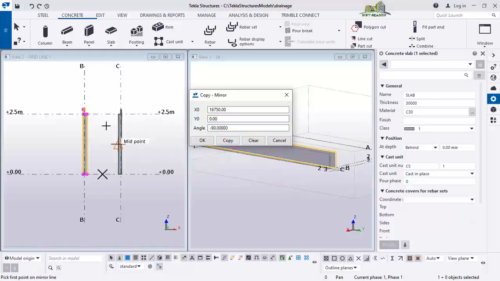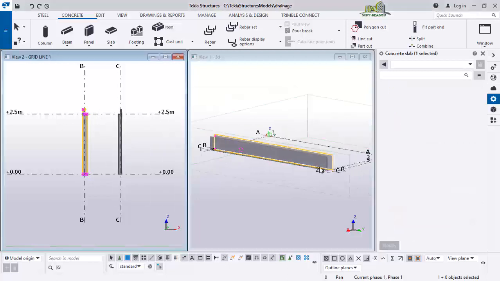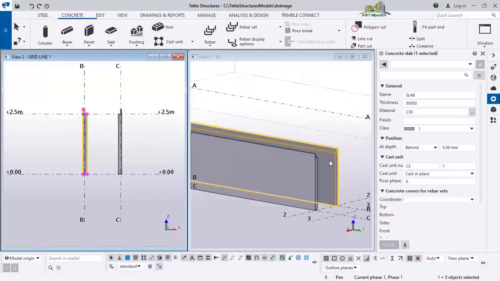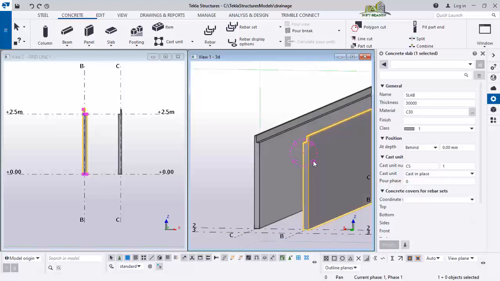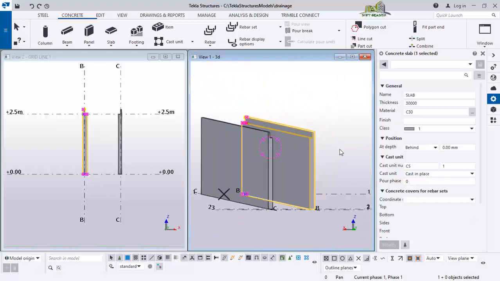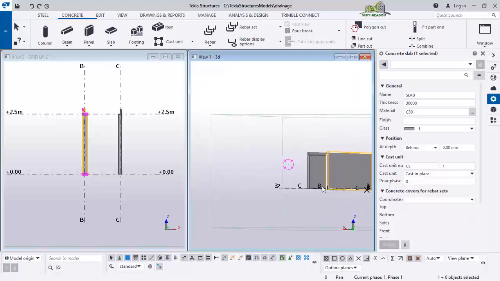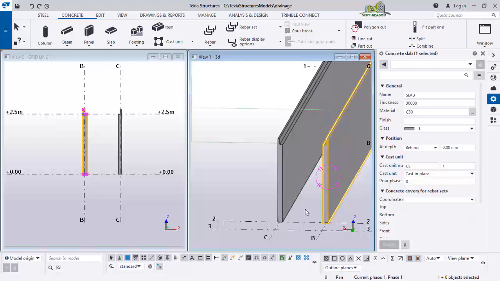Click on copy. It has taken it to this other side. Okay, and I click on closed. Alright, just like this. So if I zoom closely, you actually see that this is what we intended to have. This is model enough. Okay, alright, so we are through with the wall of the drainage. We want to be modeling the